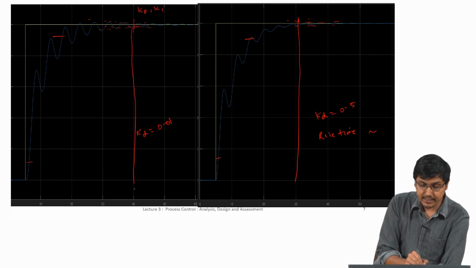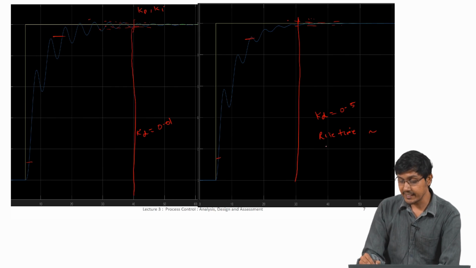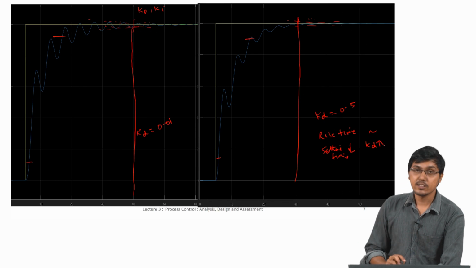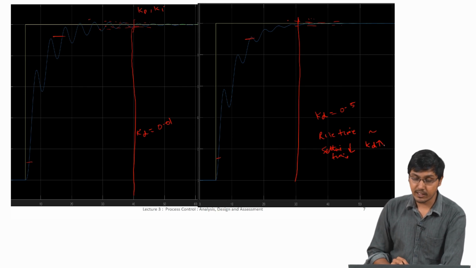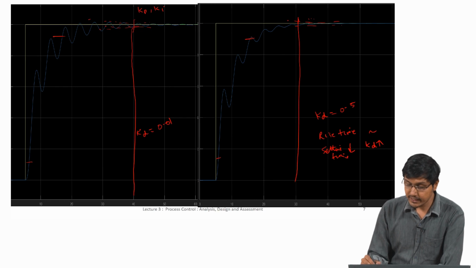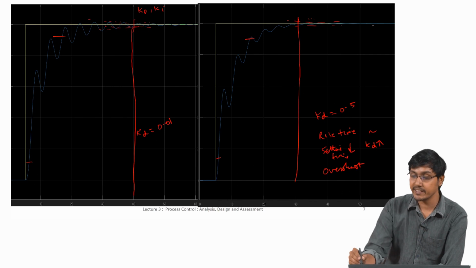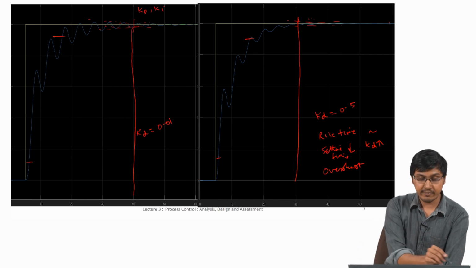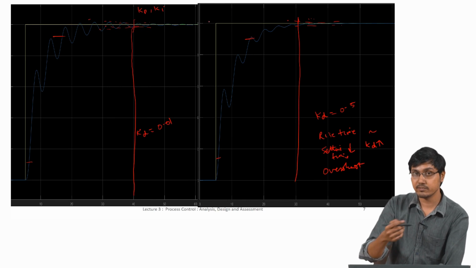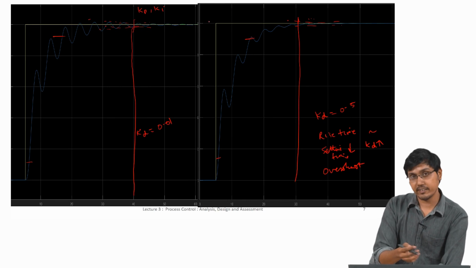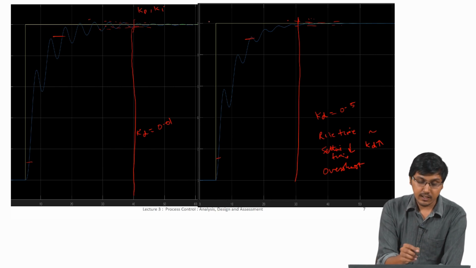So, basically you can see that the settling time decreases when you increase the KD value, okay. Also, you can see here the final value is again the set point value, because we have an integral controller. But even without the integral controller, with only the proportional and derivative controller, you can observe all these things, which is an exercise for you.